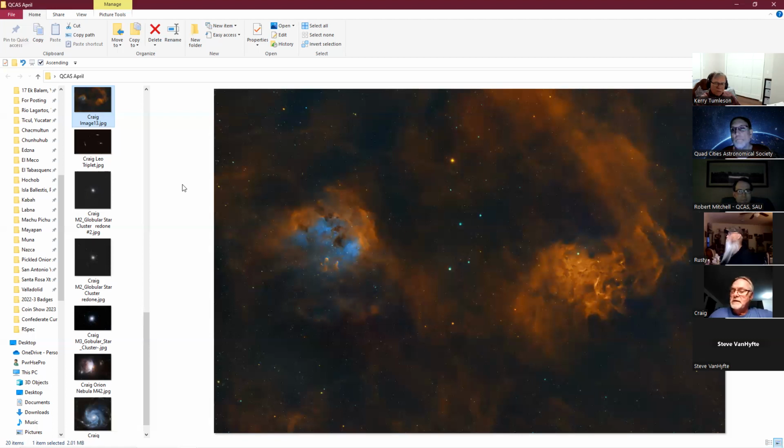There were a couple of things I needed to do before I started, because you just don't go out and shoot a picture. The panels have to be marked, and I use Telescopius for that. I was going to do the Heart Nebula on 4 panels last time I was out, but the trees are in the way. And so I moved over to M101, which is a fairly large